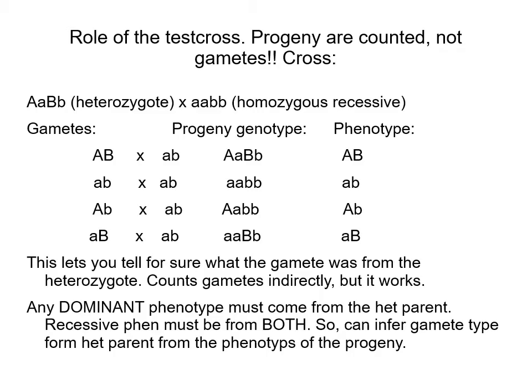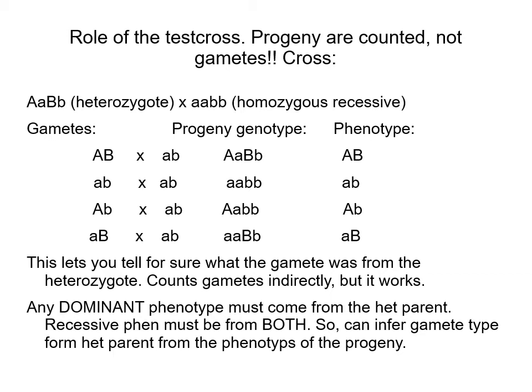Okay, realistically, we don't count gametes. You can't reasonably do that. Instead, we have to count progeny. So in doing these crosses, what we're always doing is a cross times a homozygous recessive. This is an important point because you can't count gametes, but you still want to know what happened during meiosis in that heterozygote. And if you've got another parent which has dominant alleles, you're not going to be able to tell what gamete was produced by the heterozygote. Because remember, that's what we're trying to do, is count up recombinant gametes